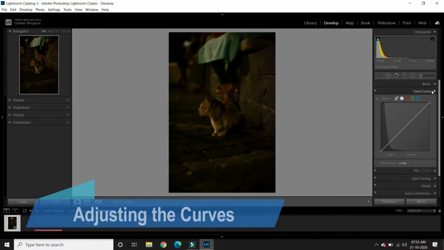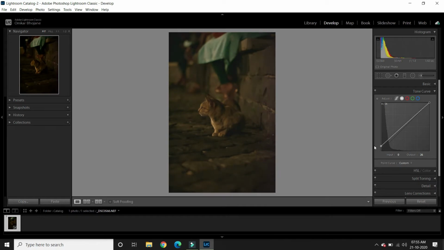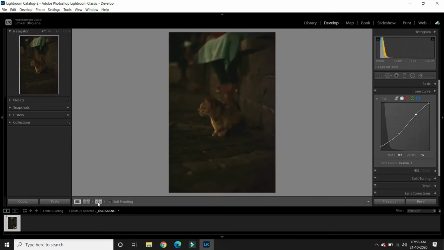One thing I'll be showing you guys that will enhance the image even more is that when you adjust the light using the curves. I'll not do anything complicated, but a very simple adjustments. I'll increase the overall brightness and then make a S curve. And here you go. The image is looking so great.